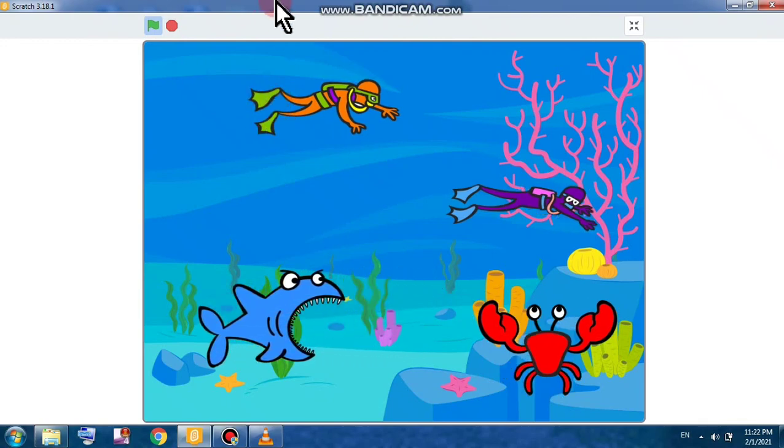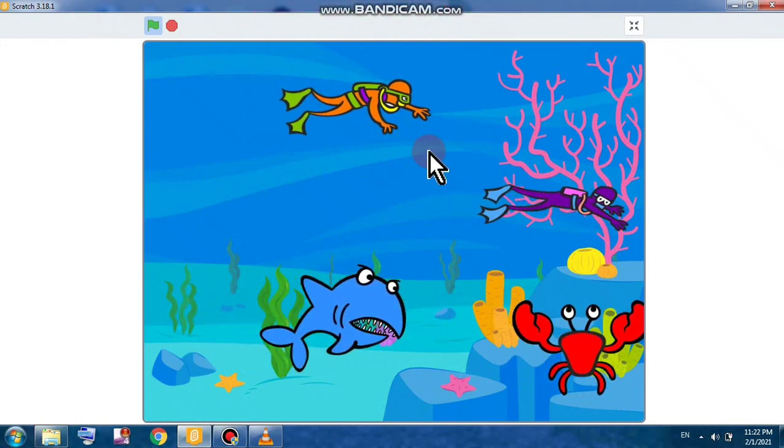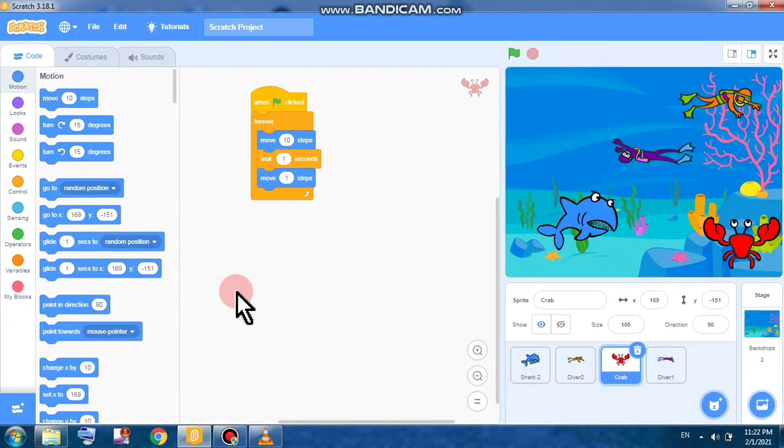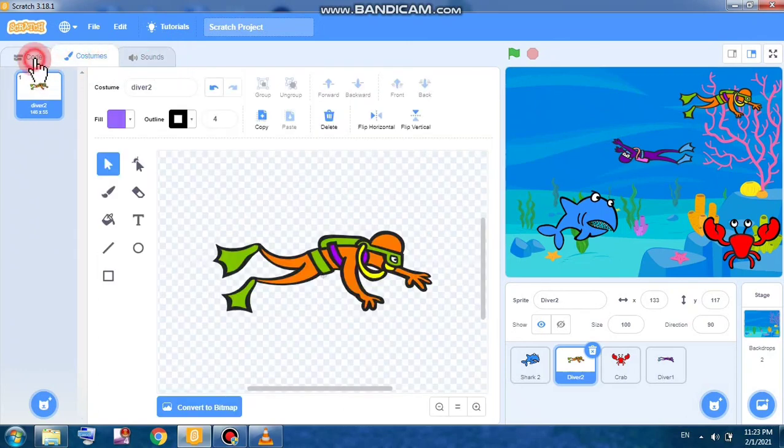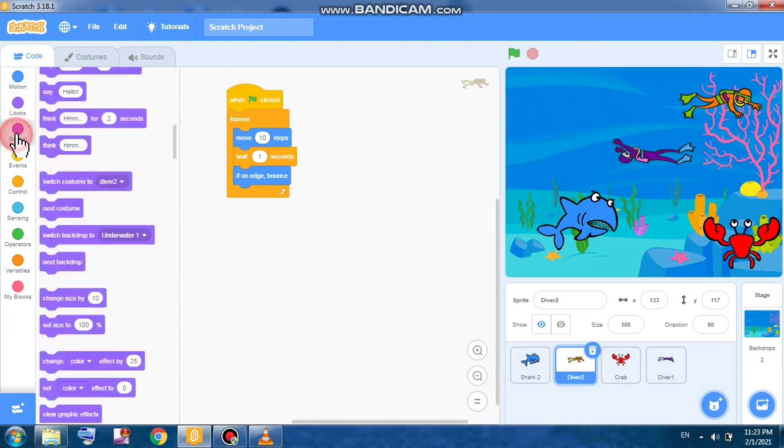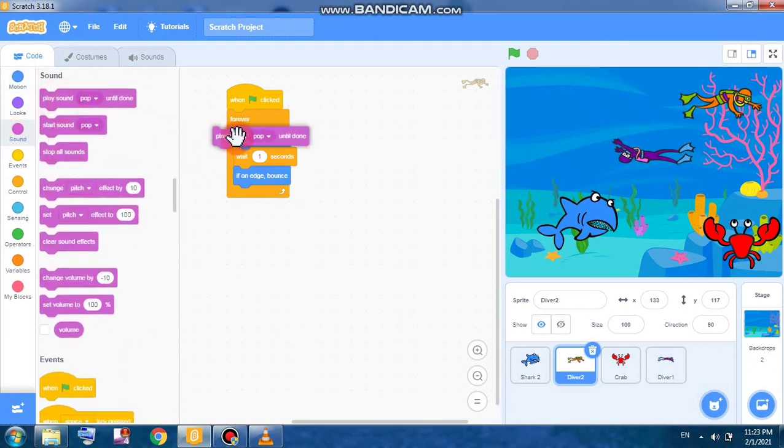We will also see how to add sounds. Okay, I will be showing how to add sounds. What we need to do, we need to select the character. Like I am selecting this diver 2, and then we will go on sound, and then here what we will select, we will select the sound from here, or like just come in the option like here, and here we will go for the sound. और यहाँ पे क्या हो जाएगा, play sound, है ना, यहाँ पे forever में, and we will select a sound, है ना, like pop sound is there, or if you want you can record some sounds also. So let me just play it.